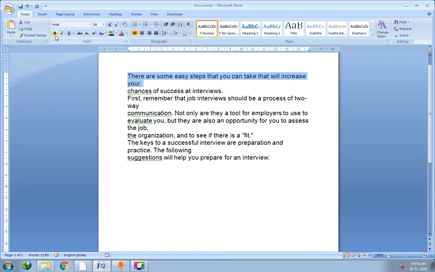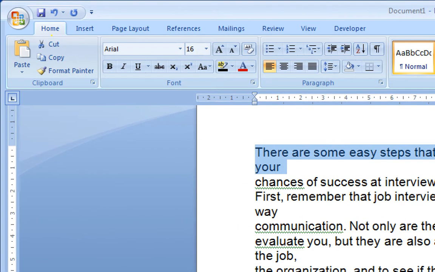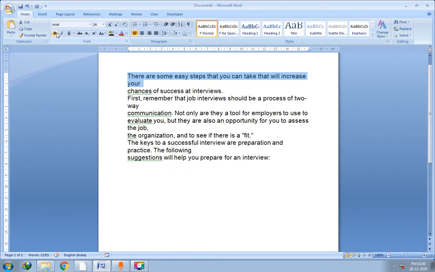Now I will make it bold. How to make it bold? Simply click on this bold option. This option is present under home tab. Okay, and in font group this option is present, bold, italic, underline. All these 3 options are available. So I'll click bold. Observe the result. The text has now become darker. Now this effect is called as bold. I hope you understood this.